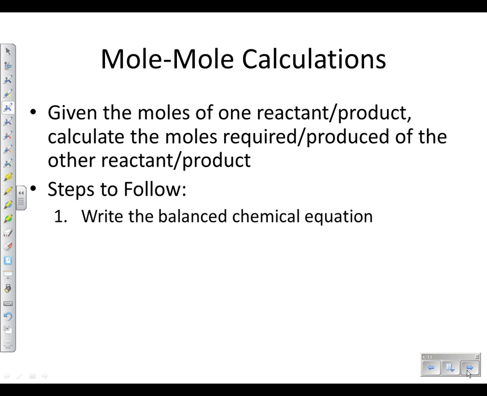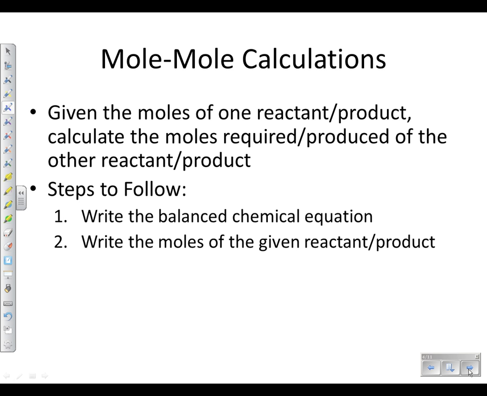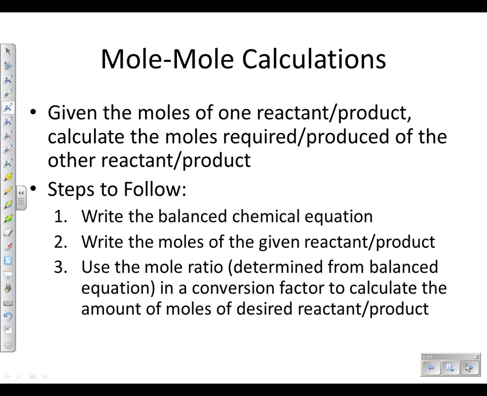The balanced equation is the recipe. 2, we start off writing whatever they gave us to work with. A stoichiometry problem is a conversion problem. And then we use the coefficients to make a conversion factor to find the other part of that equation. For example, oh look,